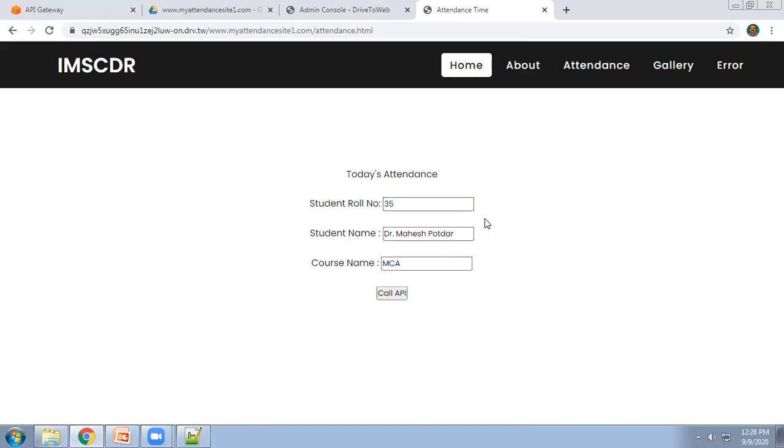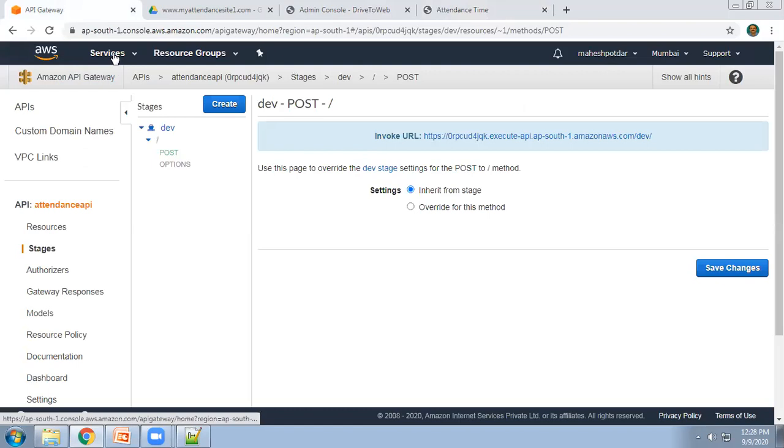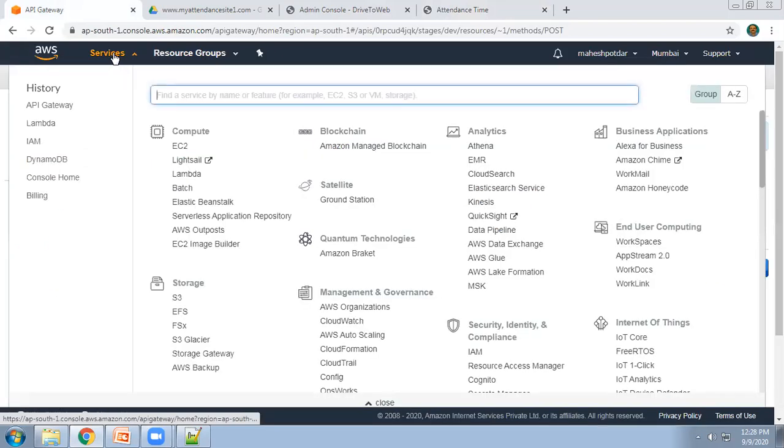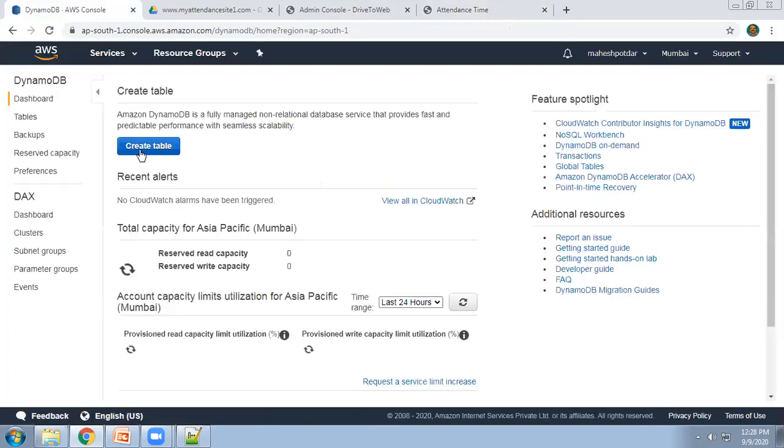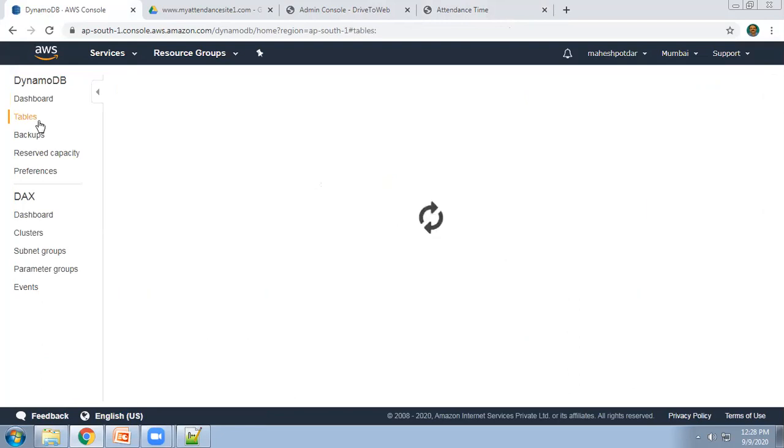So how to see whether this particular record is inserted inside the database or not? Open your Amazon console. Go to your DynamoDB. Open the attendance table. So these are the tables.